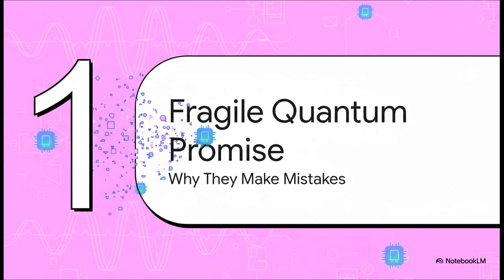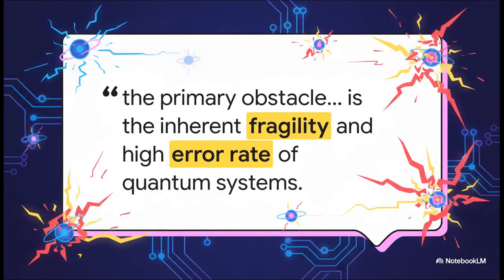Okay, so before we jump into the solutions, we really have to get a handle on the problem. I mean, why is it so incredibly hard to get a quantum computer to just work correctly, consistently? This quote right here just nails it. A quantum computer's amazing power comes from these super delicate quantum states, but that's also its greatest weakness. The tiniest disturbance from the outside world, something called decoherence, can cause a qubit to basically forget what it was doing. Seriously, it's like trying to solve a huge math problem on a whiteboard that just randomly starts erasing itself.